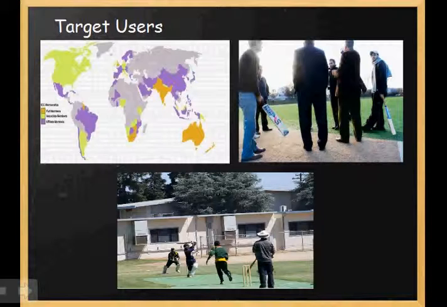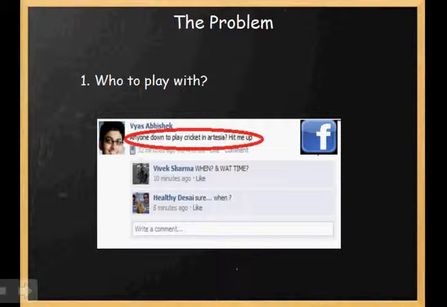You can have amateurs who are just looking for casual cricket, like the picture on the top right, and also amateurs on the bottom of this page who are a little bit more serious about their cricket as well. The problem that cricketers currently face in countries abroad is that it's hard for them to find people to